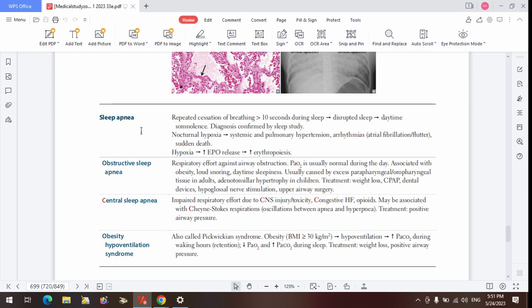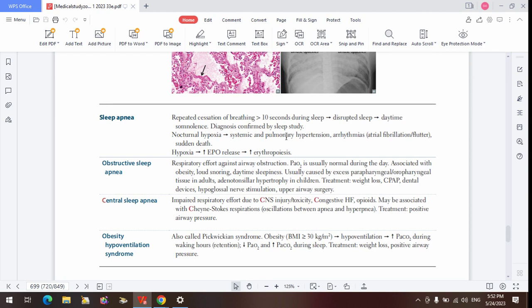There's something we call the survival reflex from the CNS that tends to wake the person up so that they will start breathing again. That constant waking and apnea is what makes the sleep disrupted. Those people don't get enough sleep during the night, so they experience what we call daytime somnolence. They compensate for the sleep deprivation in the daytime. They wake up tired, and they sleep during the day when they're supposed to be active.